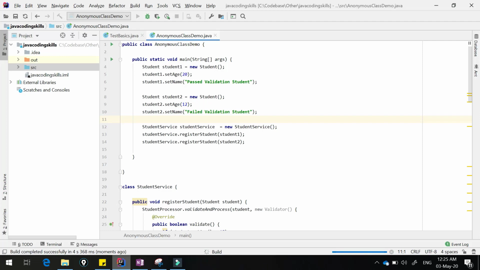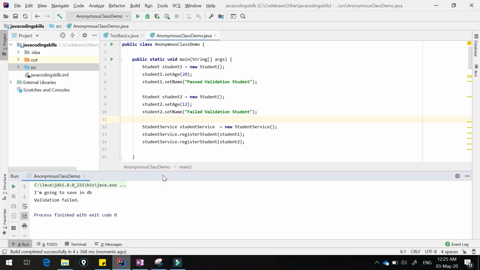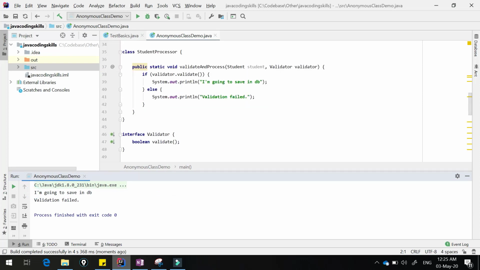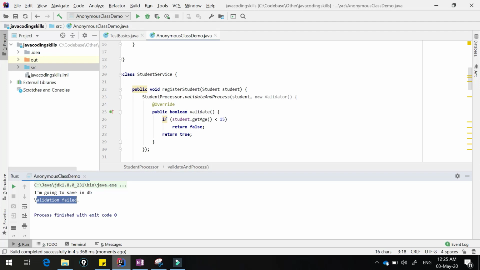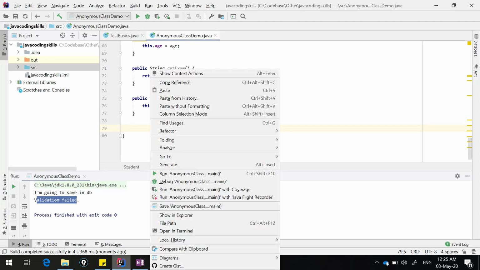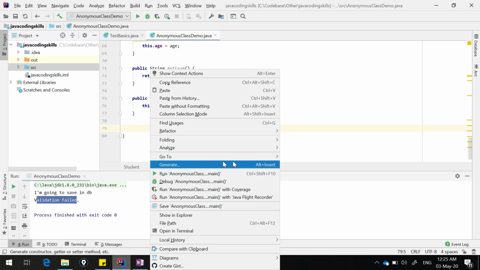In the first case validation should pass, the second case should fail. See, for the first student I am going to save in the DB, meaning validation passed. If you see the logic, if validation passes, I save in the DB. If validation fails, for the second student, if you want to prove that, let me write a toString method here and print the student object, so we get to know which student it is showing.